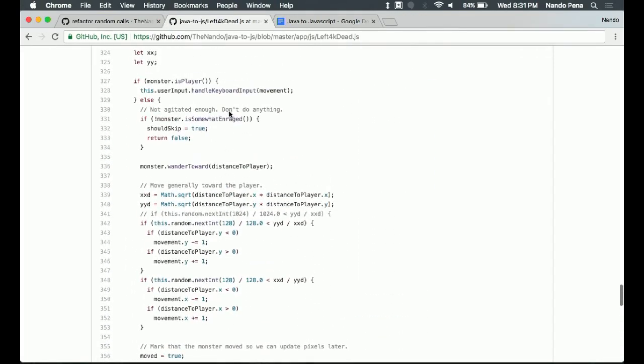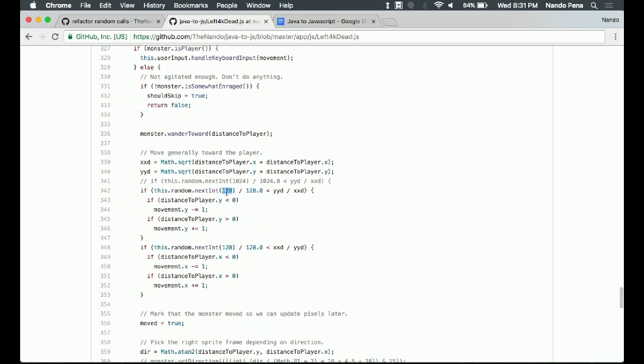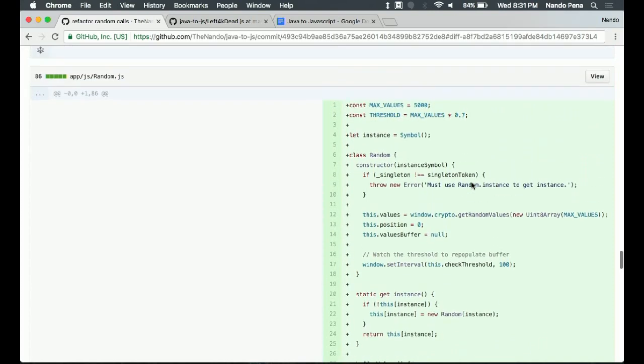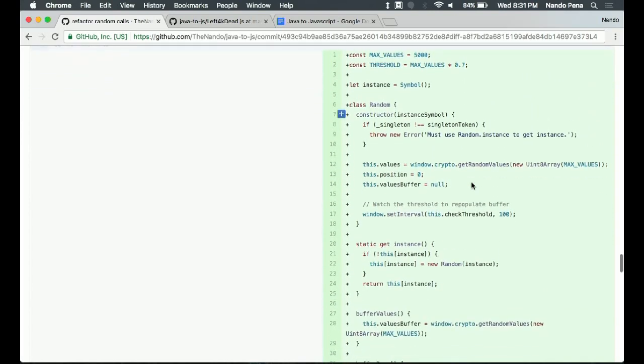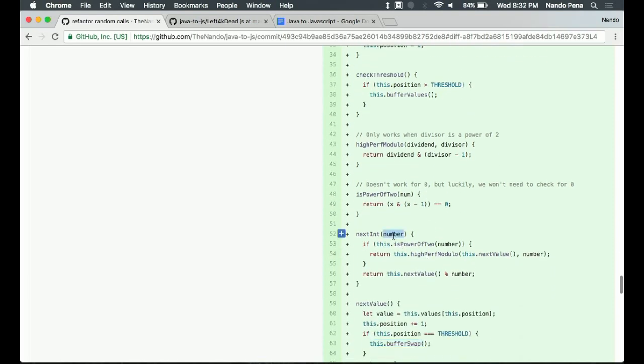But the idea was, I noticed that inside my code, almost all of the randoms I was using were either powers of 2 or less than 256 in value. Like it wanted an int between 0 and a number less than 256. So I generated a bunch of 8-bit random numbers, and I'm just moduloing them with the number that I actually want. So if I want a random number between 1 and 7, then I modulo my random number, which is up to 256, with that, and it's going to spit out a number between 0 and 7.